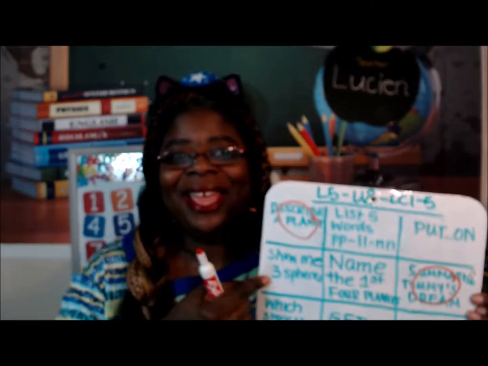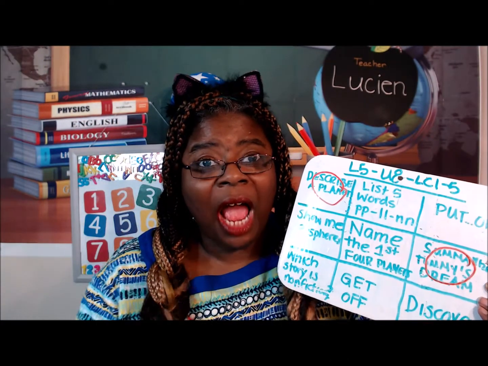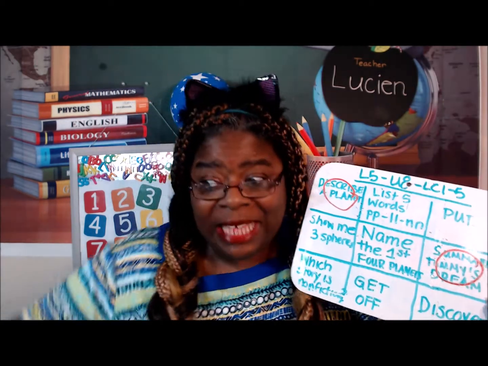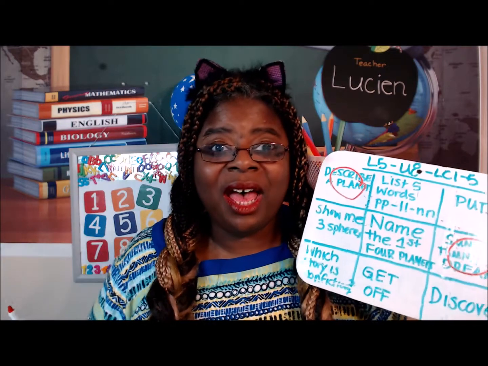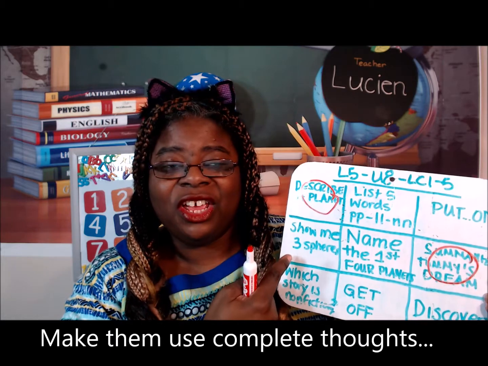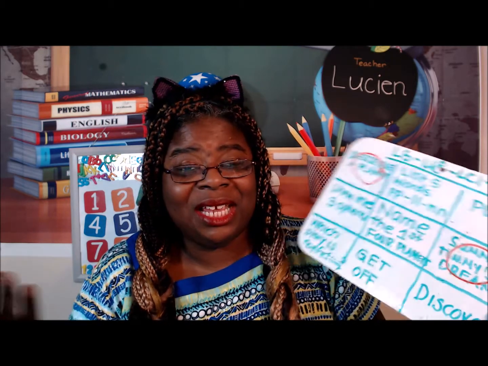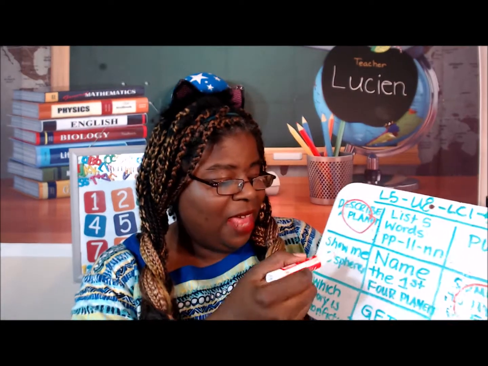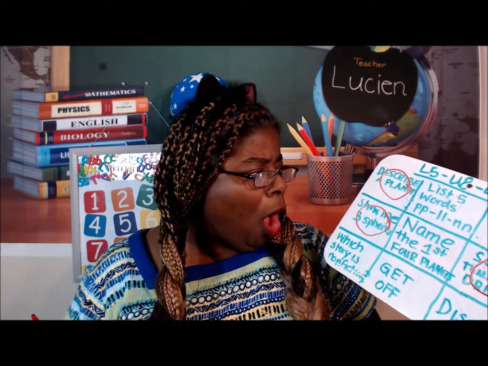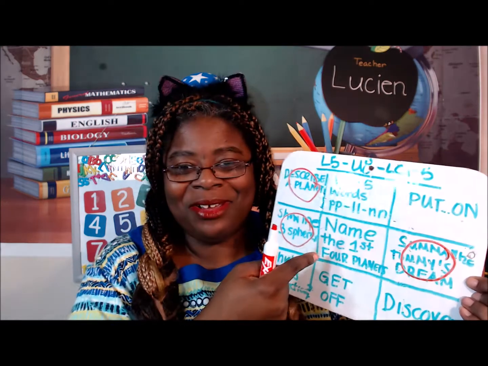Now, this is kinesthetic, tactile, and verbal. I want them to show me 3 spheres. That means they've got to look around their work area and find or make examples of 3 spheres. And if you have time, you can get them to give you a sentence. If not, don't. And then they show them to you. They talk about it the whole time. And it's like, yay! I don't want to lose. Oh, I'm going to go for the middle one.